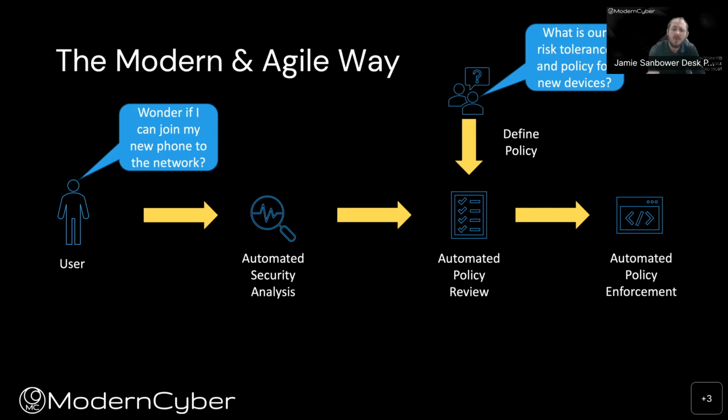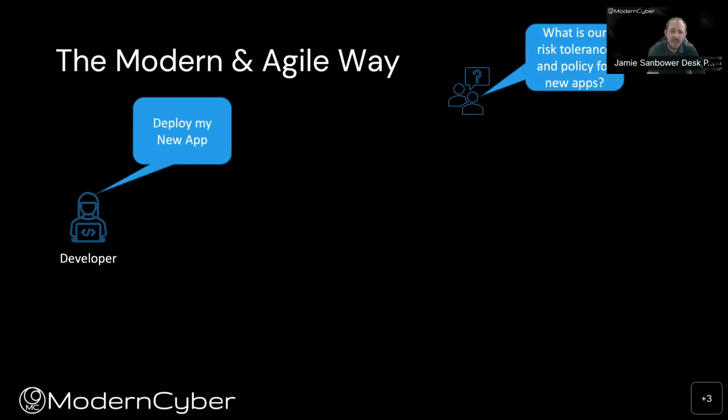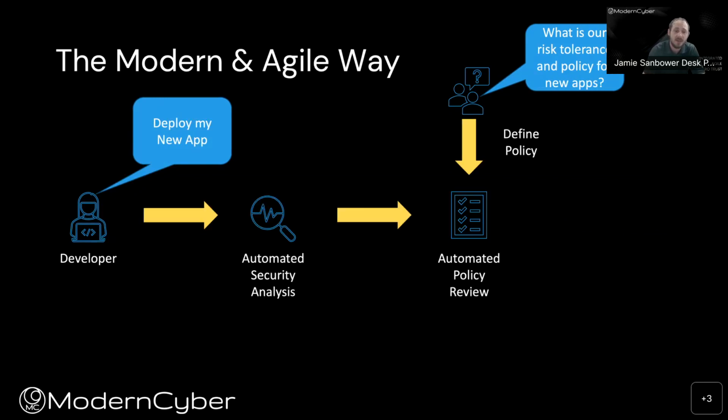Now, if we flip back to our developer, it's a very similar thing. Hey, I want to deploy my new application. In order to do that, maybe I need external 443 access. Same question should be asked from a security, compliance, and policy standpoint. The difference is instead of making it a manual decision that's made every time someone wants to do this, you formalize it into technology. So we're going to perform automated security analysis. Let's check this application. Does it have vulnerabilities? Is it using middleware that is vulnerable, that's going to bring risk to the organization?